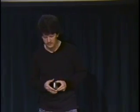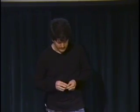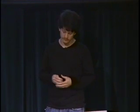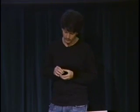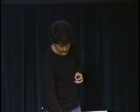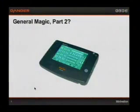Whenever we described what we had in mind to most people, we were immediately compared to those devices. And that concerned us somewhat because what we had in mind was similar in appearance to those devices, but the intent of it was very different. And anyway, while that was concerning, the thing that we were most concerned we might be emulating was this device, the General Magic device, which some of you remember, and I see some smiles in the audience when I put that up there. 6 years earlier, Andy Rubin, one of my co-founders, had shipped this device at General Magic,